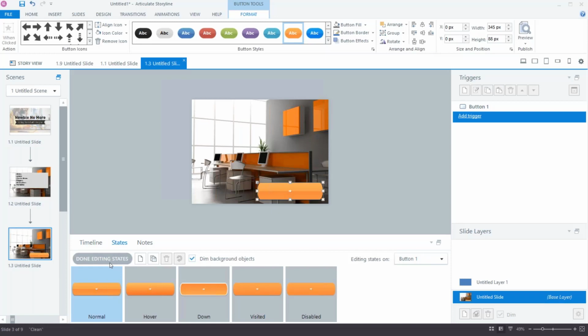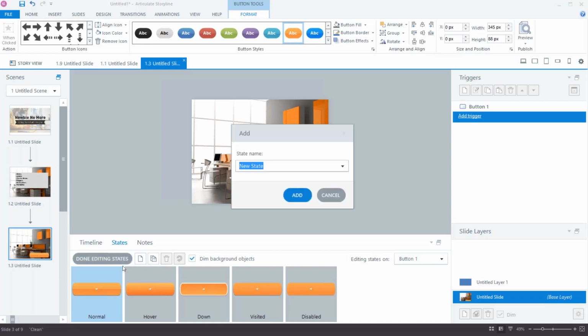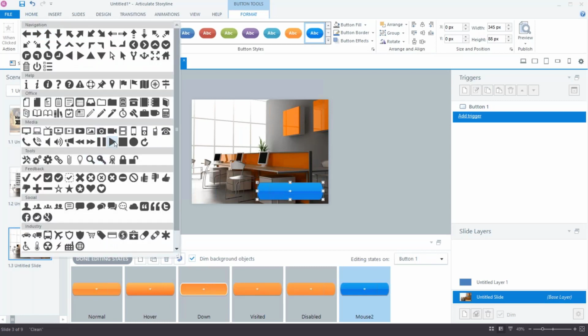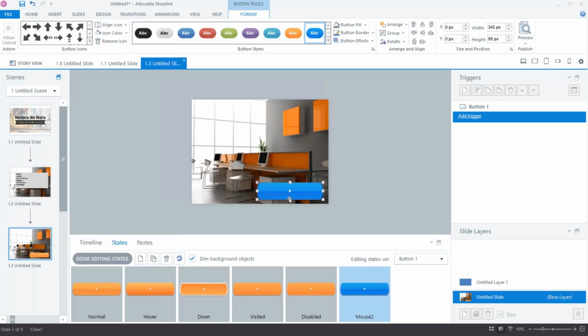So if I go in and I say, I want to add a new state to this button, and I want to call it Mouse 2, and I create that state, and then I want that one to be blue, and maybe I also want there to be, instead of that arrow on it, a bigger arrow like that.